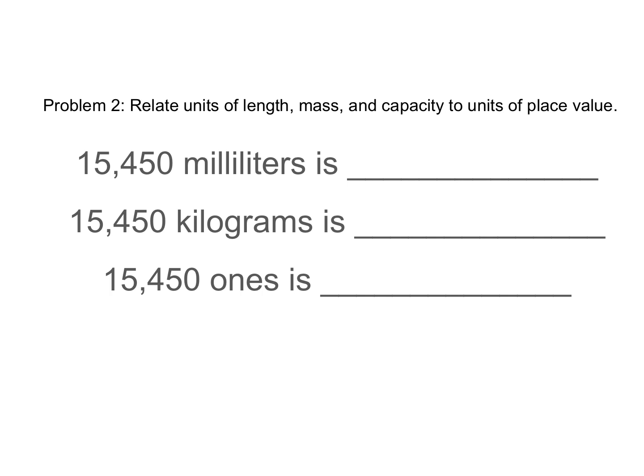So let's look at this. We've got 15,400 milliliters. We are going to compare that to 15,000 milliliters. Remember that 1,000 milliliters is equal to 1 liter. So if you've got 15,450 milliliters, then that means that 15,000 there can become liters, because 15 times 1,000 is 15. And then we have the 450